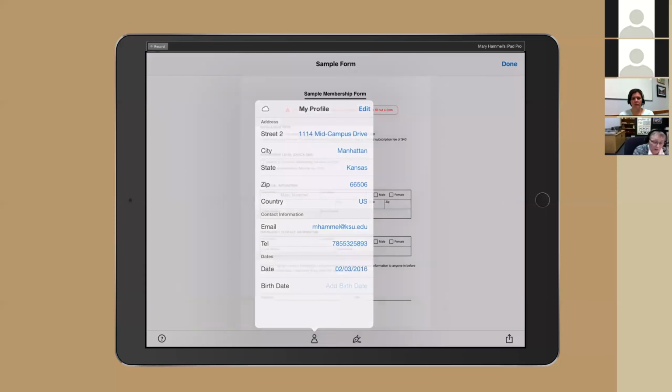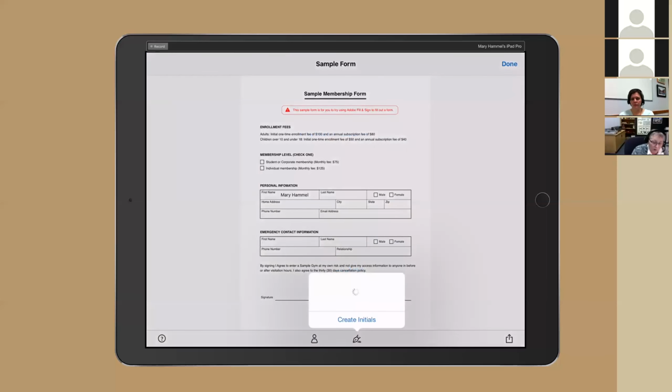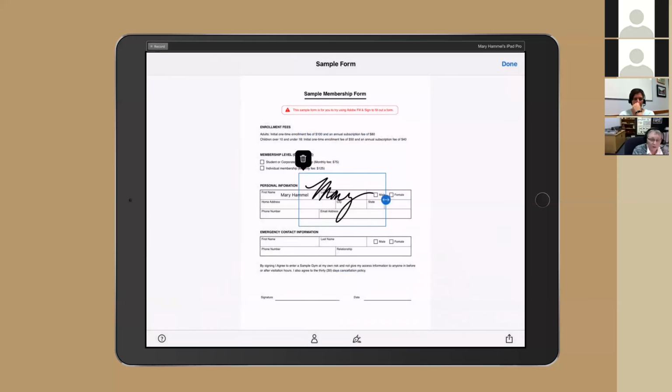In the signature, it'll let you create a signature and an initial file. If you're logged in, you can tell it to save that up in your document cloud, so it stays here all the time. So I just hit the button since I already had my signature,